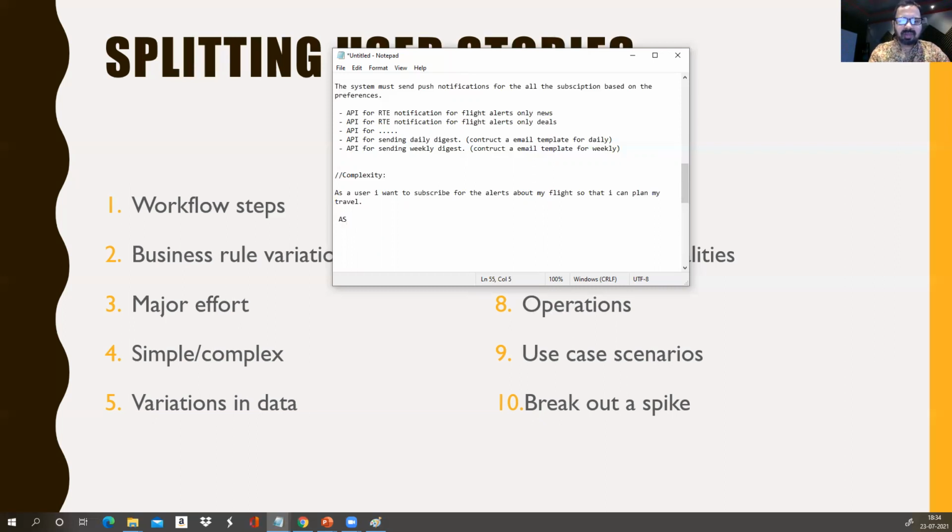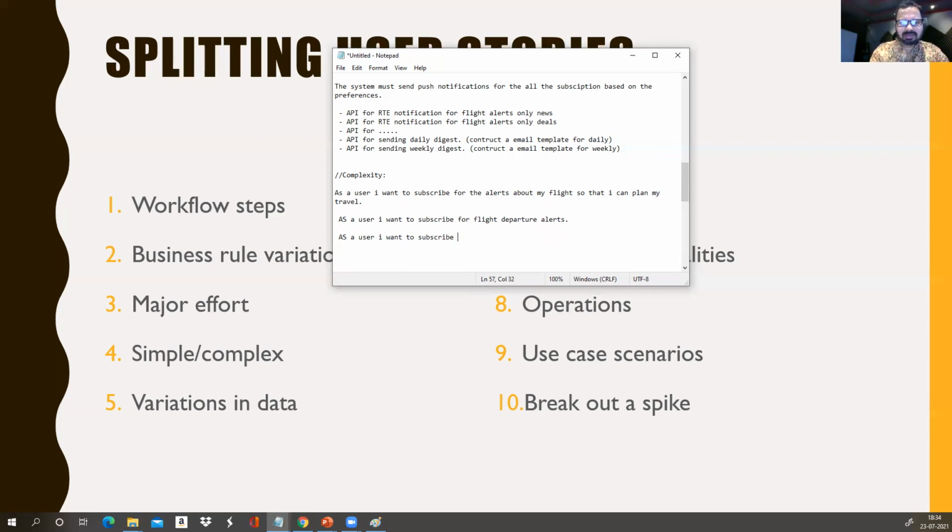So now we are going to break down this into, as a user, I want to subscribe for flight departure alerts so that I can plan my travel to the airport, right? This is one thing. Then second one is I want to subscribe